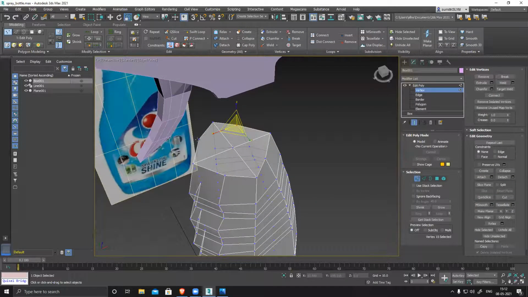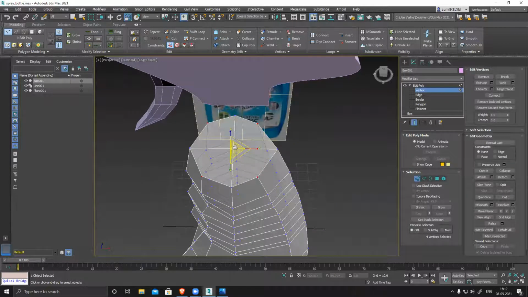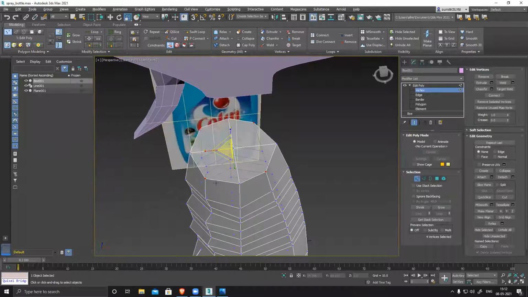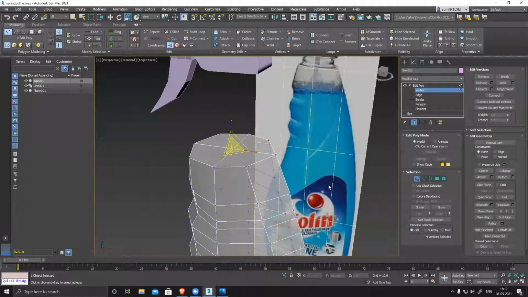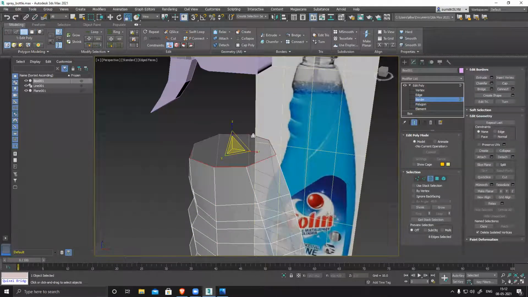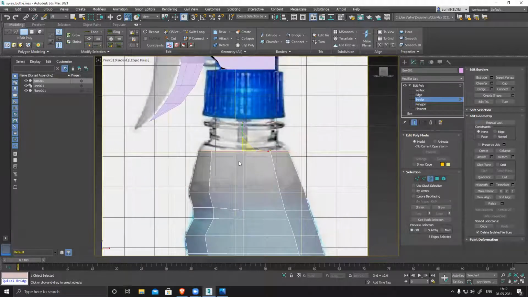So select all the alternate ones and scale it outside. So now you can see it looks a little rectangular in nature. Slightly push it outside more, because I want it to look like a circular shape. Very low poly circular shape, but it's a circular shape. Now I'll delete. So initially, while creating a model, especially when we're blocking out, try to keep it as low as possible so that we can create all this very easily.